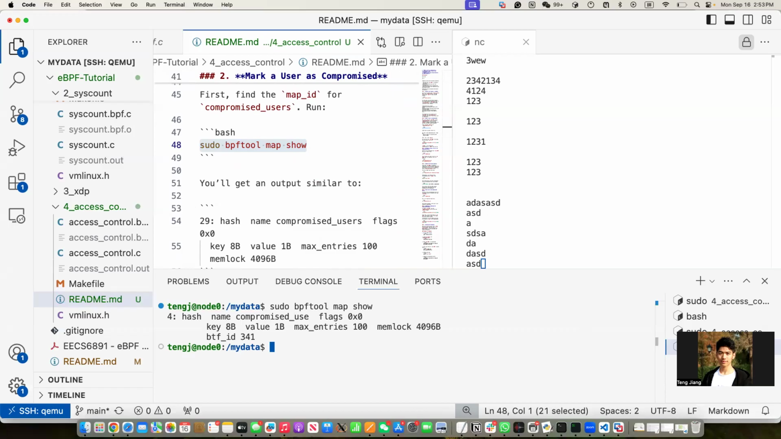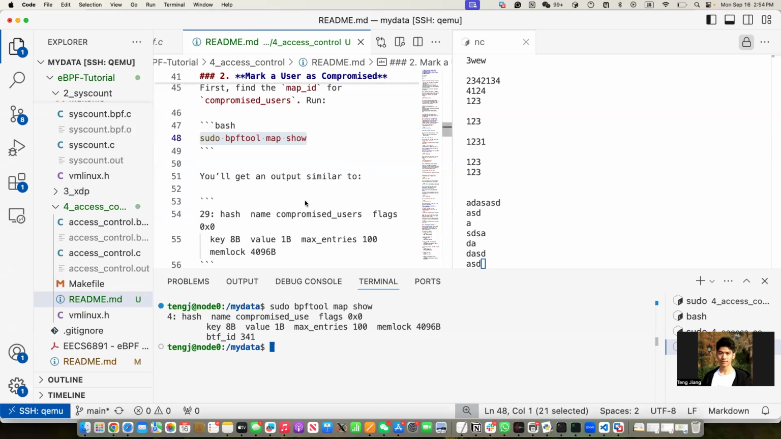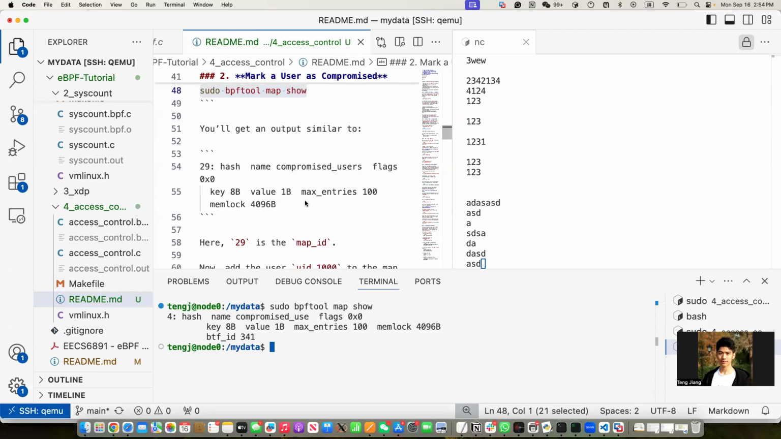Flags, I don't know what flags is, but the key is 8 bytes, the value is 1 byte, and max entries is 100. Memlock, I don't care. BTF ID. BTF is an advanced topic. I have a slide for it, but you can try to Google it for yourself because I've never used it myself either. So what we want to do is add a compromised user